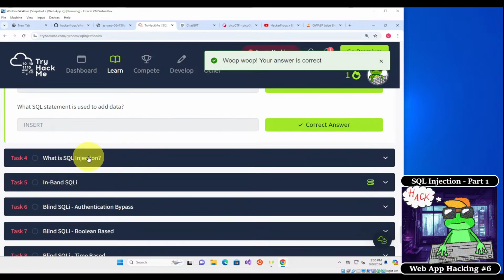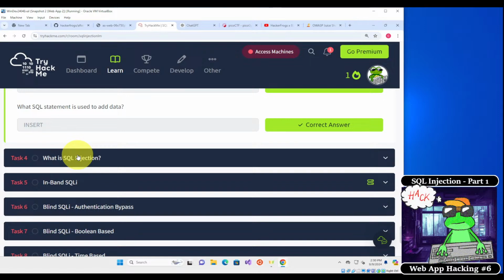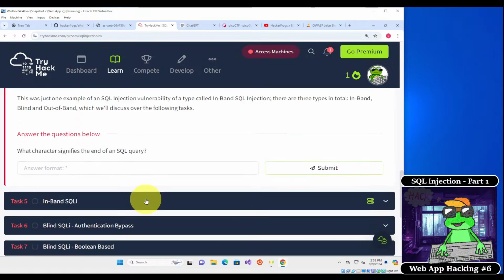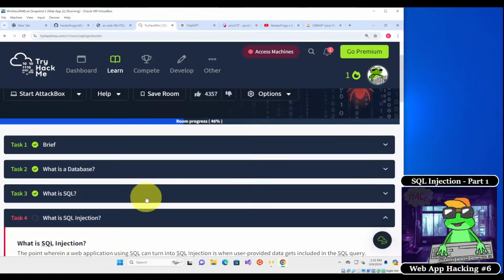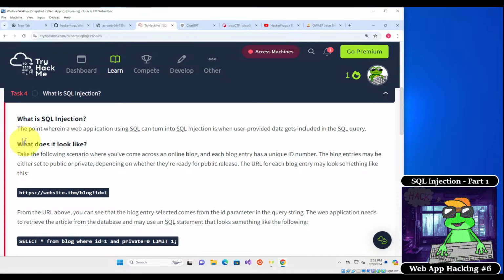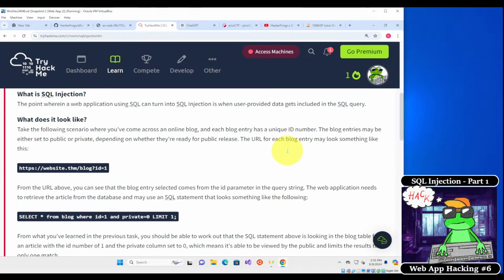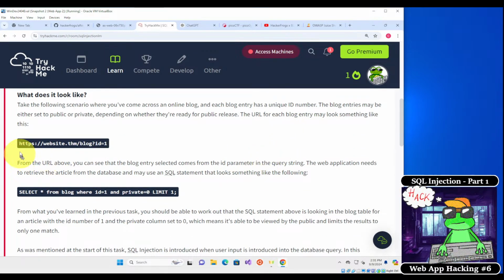Okay. So next, let's take a look at task 4. What is SQL injection? So SQL injection, this is the meat of what we're talking about today. The point wherein a web application using SQL can turn into SQL injection is where user-provided data gets included into an SQL query. So for example, we've got a website that has an address bar like this,